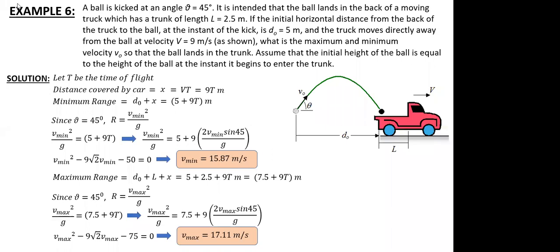Yeah, Jayendra, the second approach is nothing but you need to separately solve for x displacement and vertical displacement. For vertical displacement, you will say that y is equal to 0 because it is going to land on the trunk, and you apply s is equal to ut plus half at squared. At the same time, the horizontal distance is covered with a uniform velocity. So you take the component of velocity as V naught into cos 45, that is V naught by root 2, and you multiply that by time to get the value of horizontal distance.